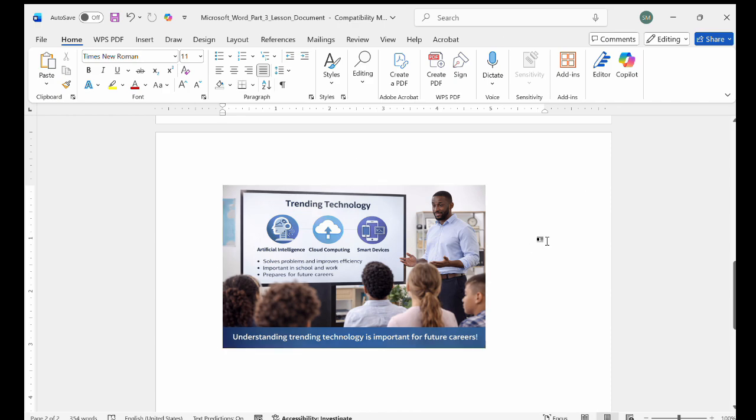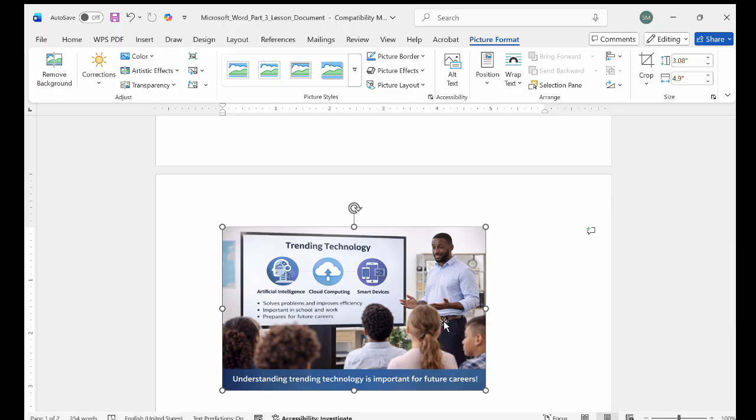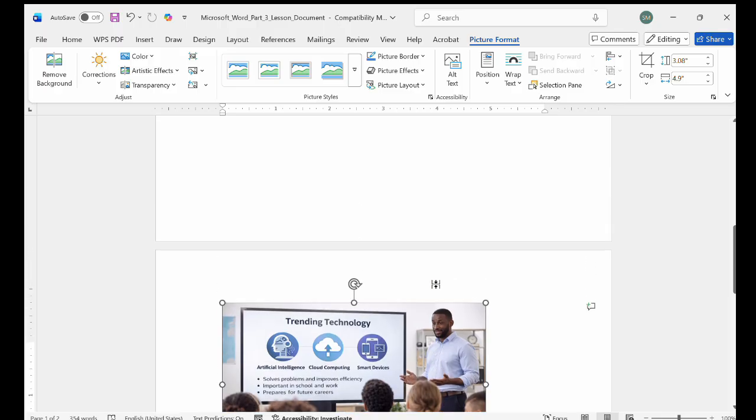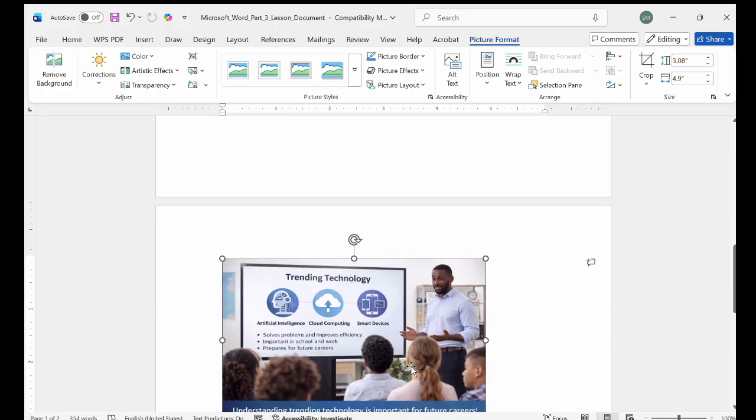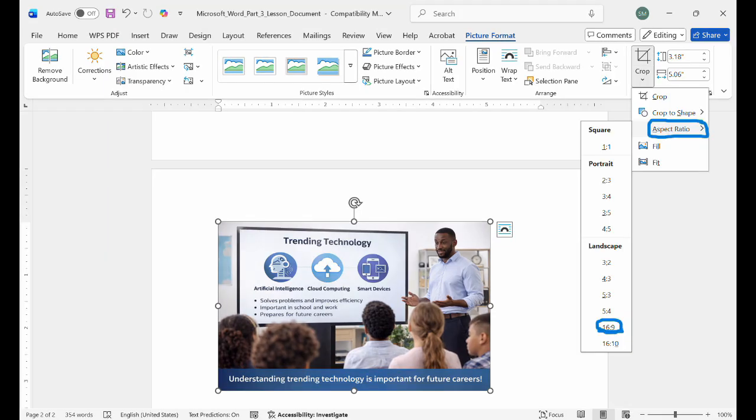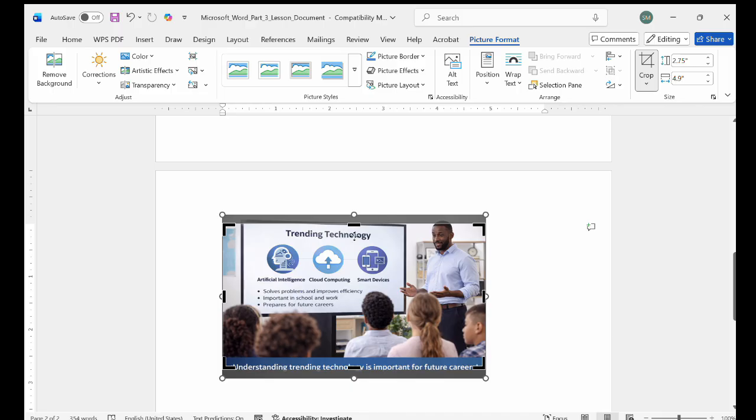But there is also another feature that we call cropping. For cropping, you double click on it, and then you see crop here. I want to crop it so that it can fit in this space. After clicking here, you come to crop, then aspect ratio, and select 6:9. Then after that, you can see